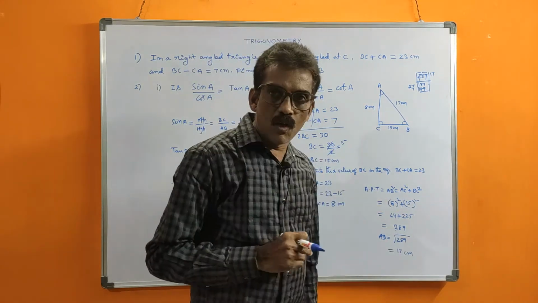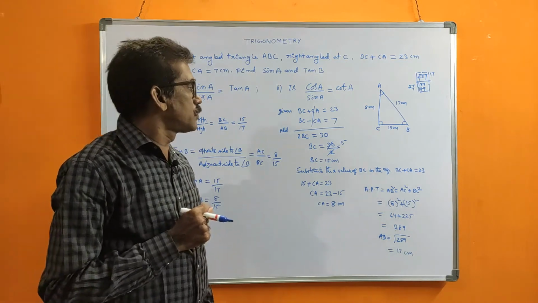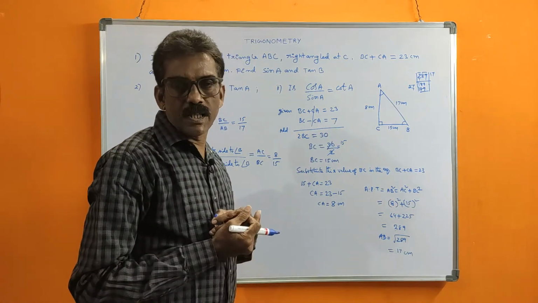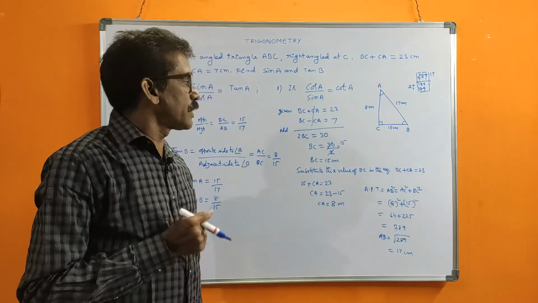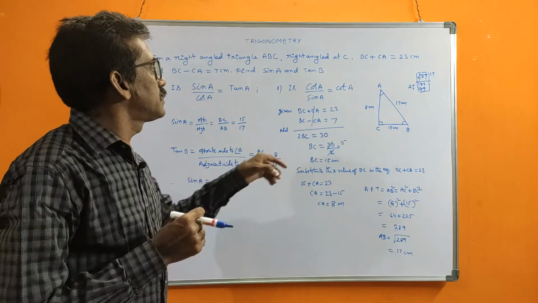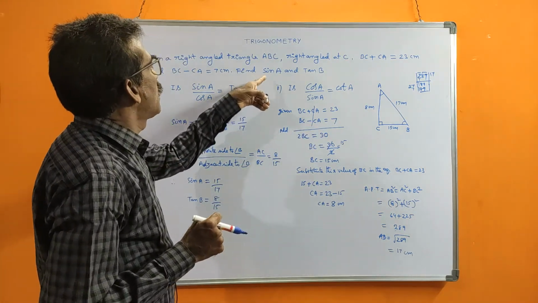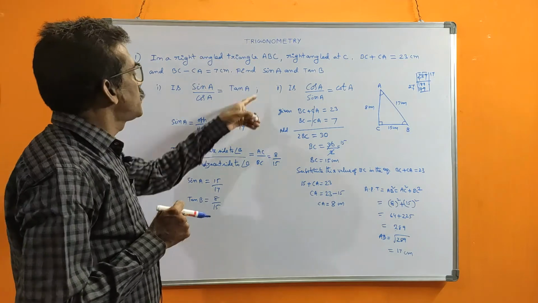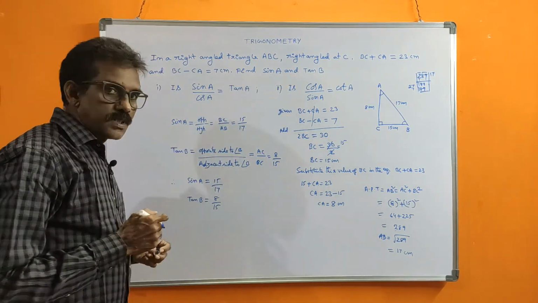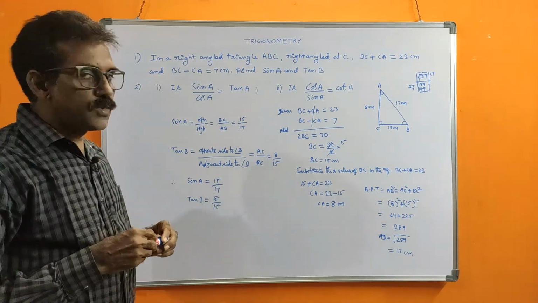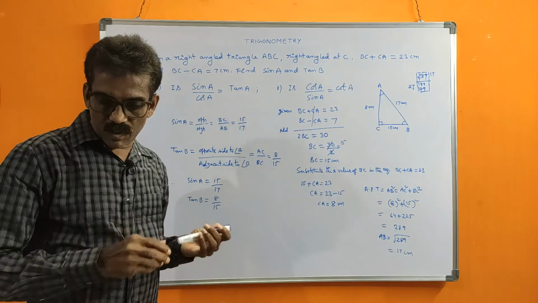That you write. Once you know two sides, don't forget, we should use what? Pythagoras theorem. So according to Pythagoras theorem, the other side we can find out. So anyway, once you find the three sides, lastly we should substitute the values in what is asked. That means here what is asked? Sin A asked, tan B asked. In that you substitute. Like this, step by step, if you understand, mathematics is very easy.